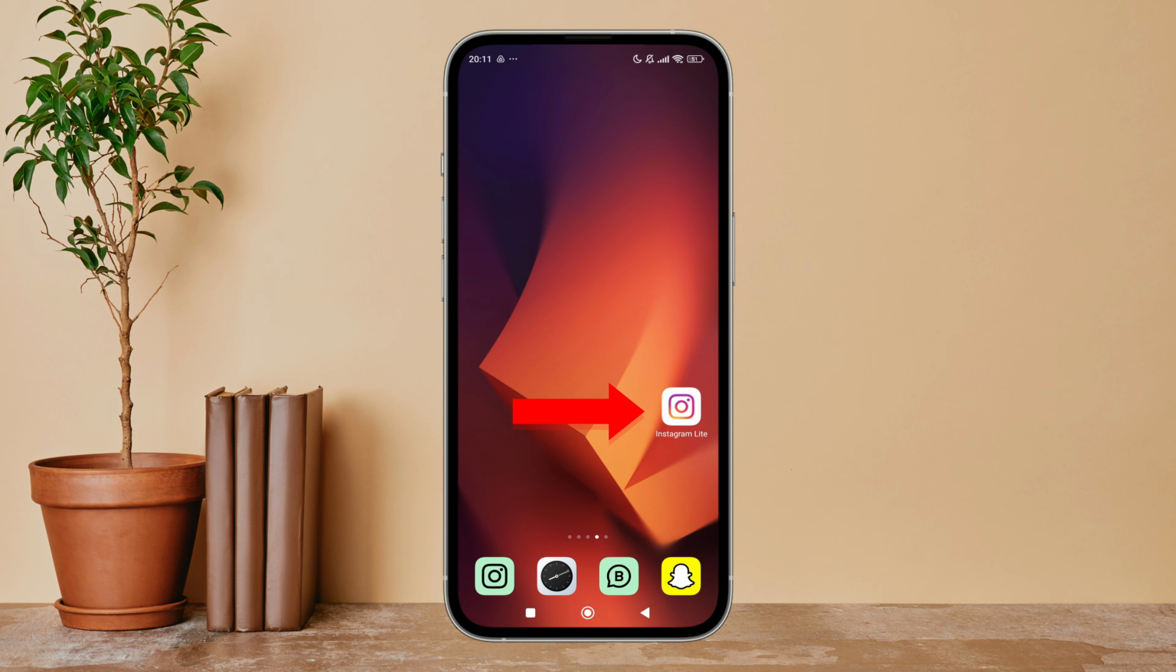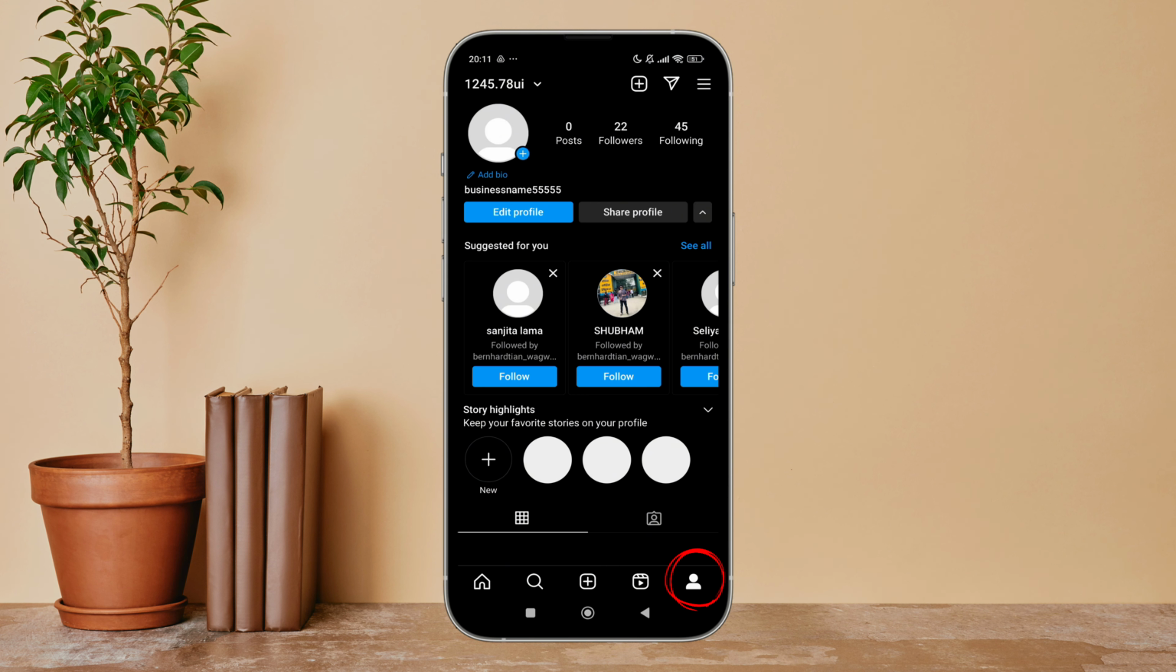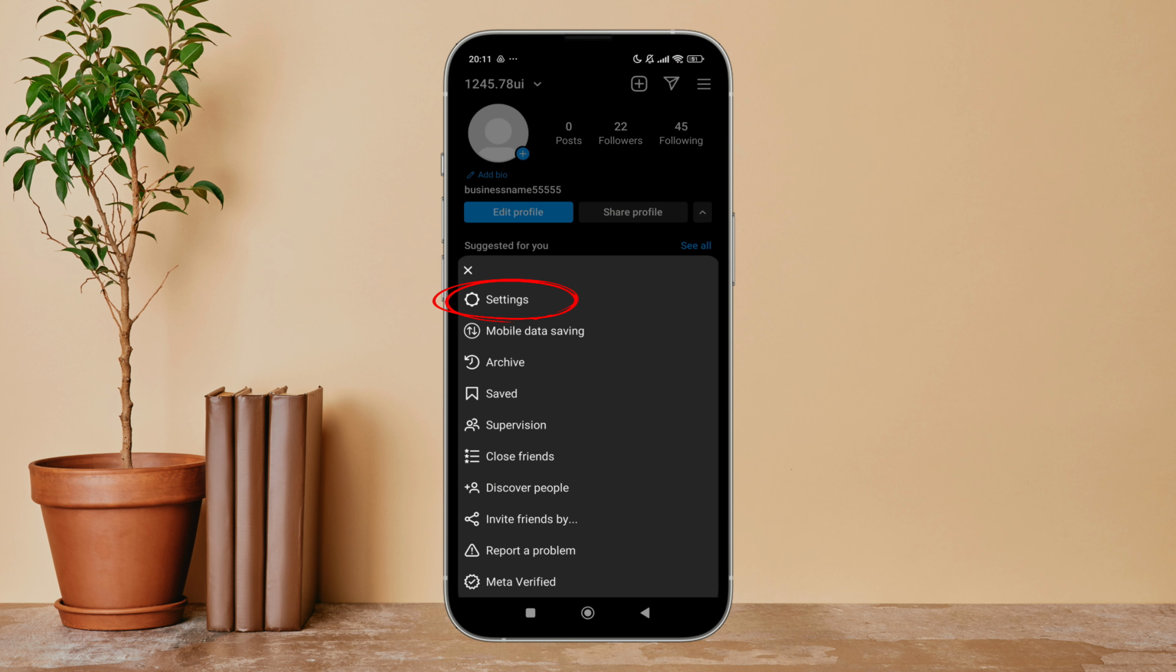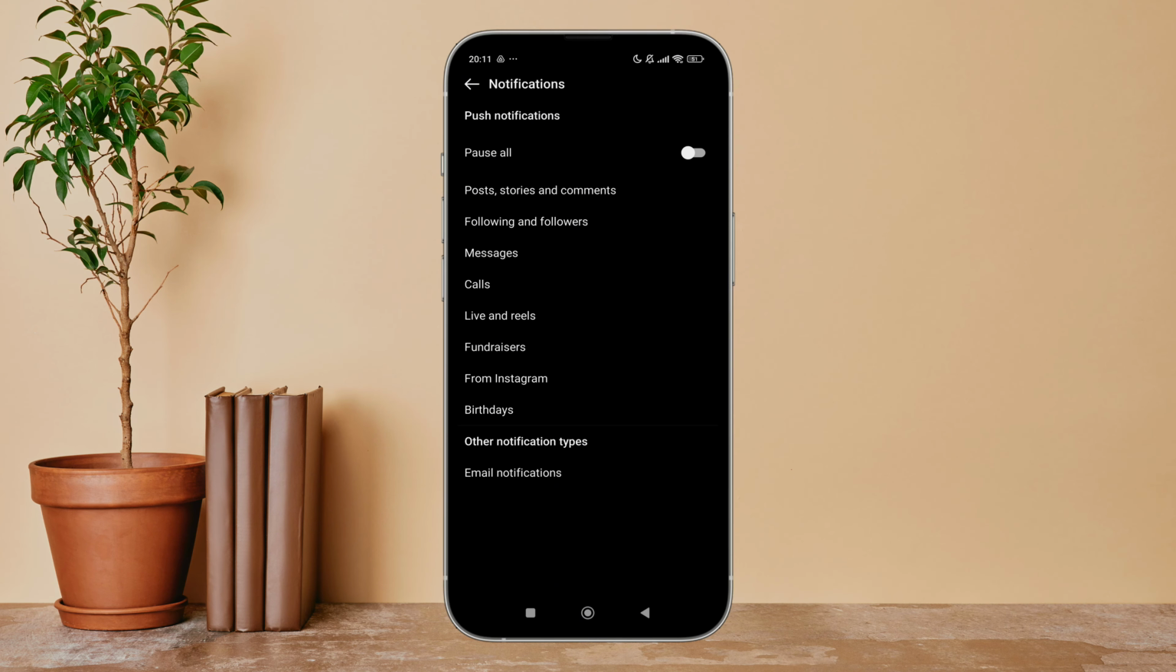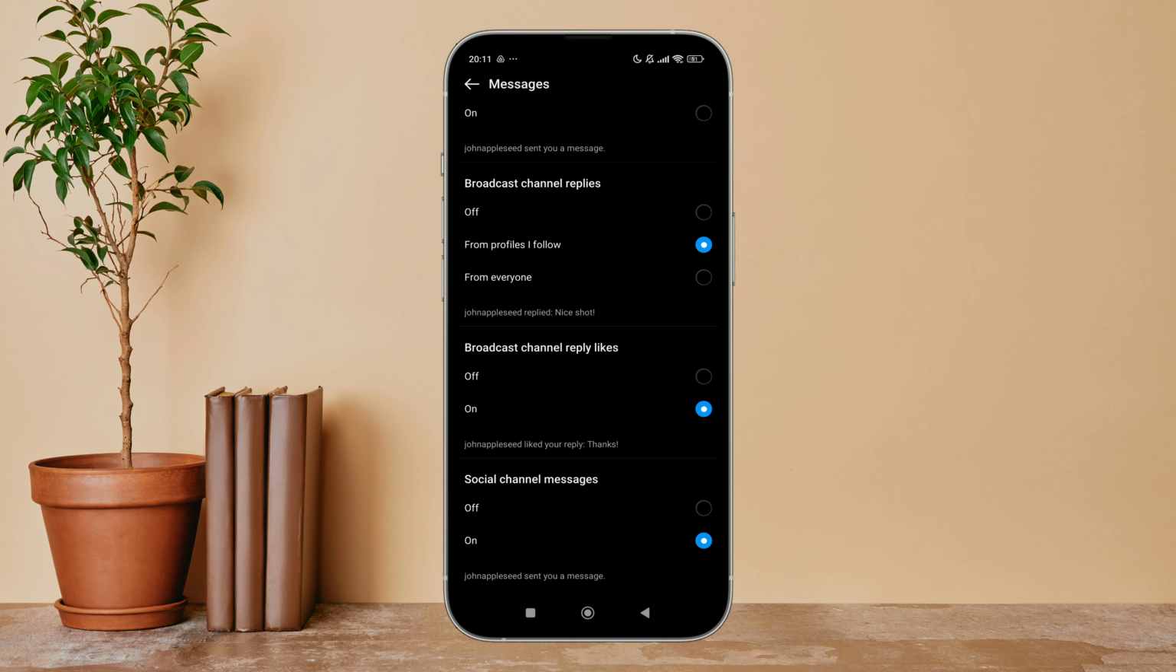Firstly, open Instagram Lite app in your device. Then tap on your profile icon if you haven't. Next tap on three lines icon. After that, tap on settings. Next tap on notifications. Then tap on messages, then scroll until you find broadcast channel reply likes, then tap on